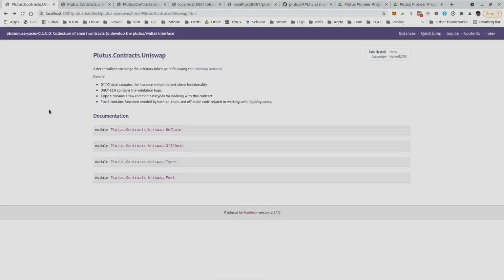The code for Uniswap is actually part of the Plutus repository, and it is in the Plutus use cases library. It's split into 4 modules that are imported by the plutus.contracts.uniswap module: on-chain, off-chain, types, and pool. As the names suggest, on-chain contains the on-chain validation, off-chain contains the off-chain contracts, types contains common types that the other code shares, and pool contains the business logic, the calculations: